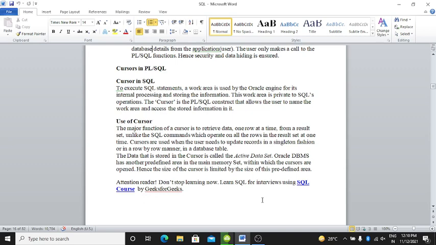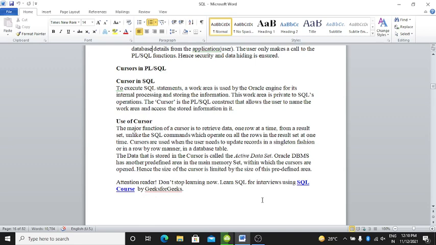This work area is private to SQL's operations. The cursor is the PL/SQL construct that allows the users to name the work area and access the stored information in it. Clear?